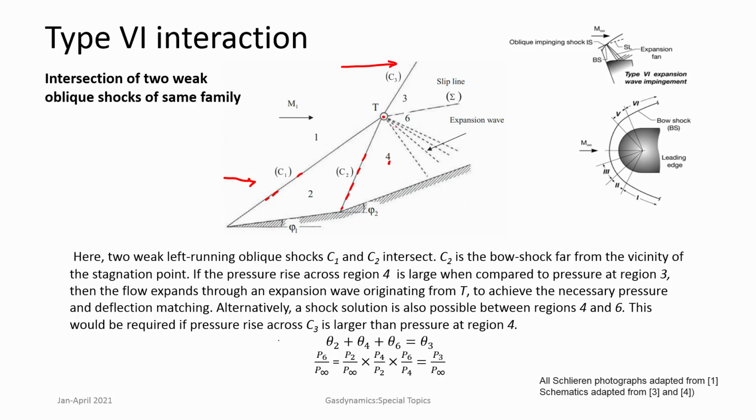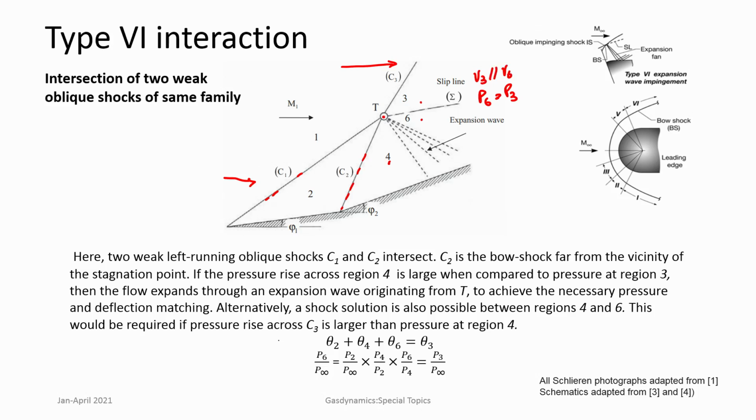So as a consequence an expansion fan develops, and that makes pressures equal in 6 and 3. So P6 equals P3 and V3 is parallel to V6. So this is the boundary condition that we have there